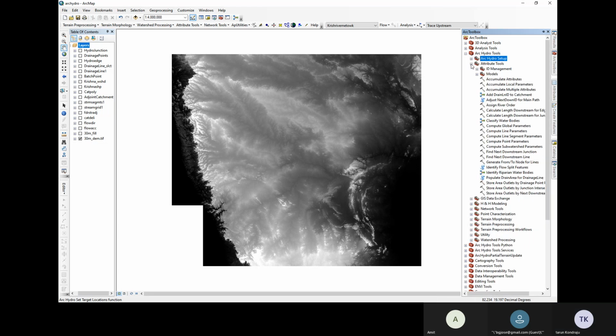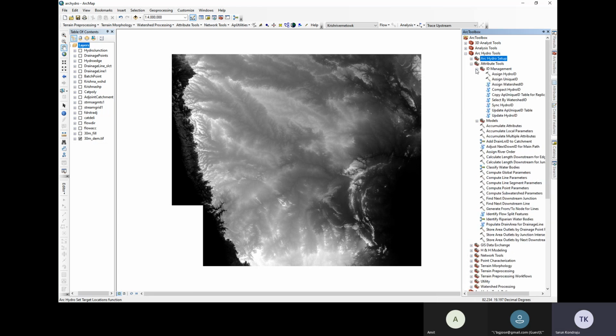Okay. Then comes the attribute tools. In this attribute tool, once you get the network data, you will assign Hydro ID. You will understand the importance of this when you are trying to deal with flood analysis, storm water analysis, or finding out the flow amount in the streams. For all of that, you use this Hydro ID